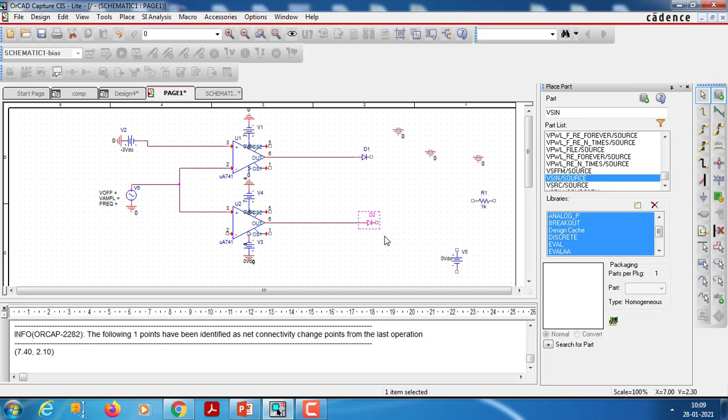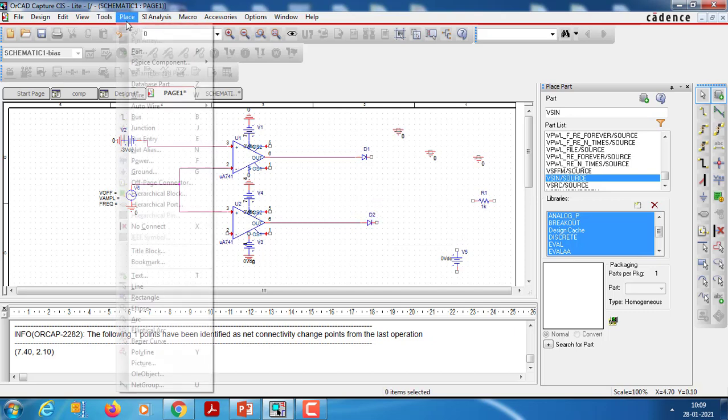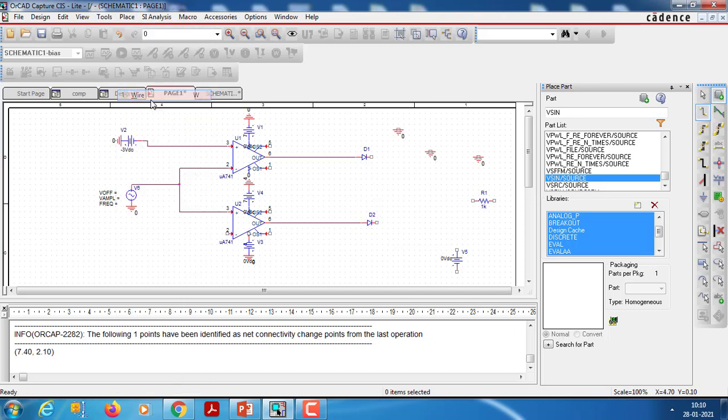Now these two are shorted. From this another wire will be given for the resistor. The other end is grounded here.